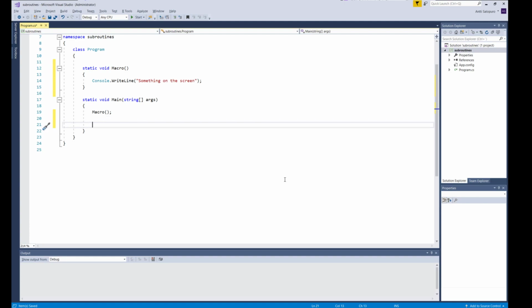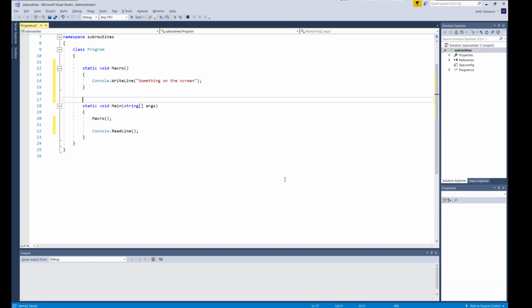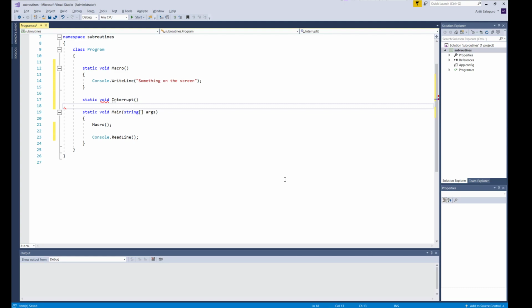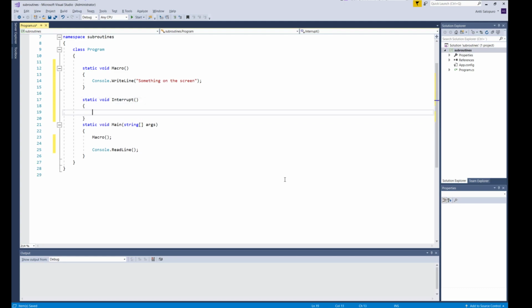And then, just to make sure that we are able to see everything on screen, add in here the ReadLine. Or why not just add here a macro, because this ReadLine is done all the time. So I will create a macro called interrupt. I want to interrupt the process, and how do I do it? I do it with the Console.ReadLine